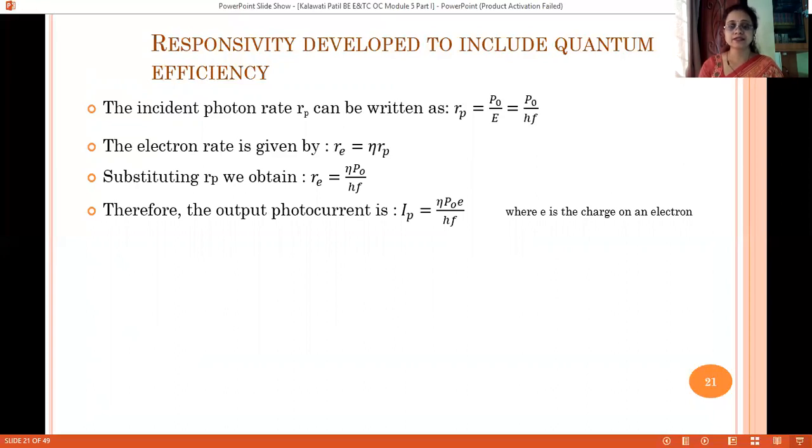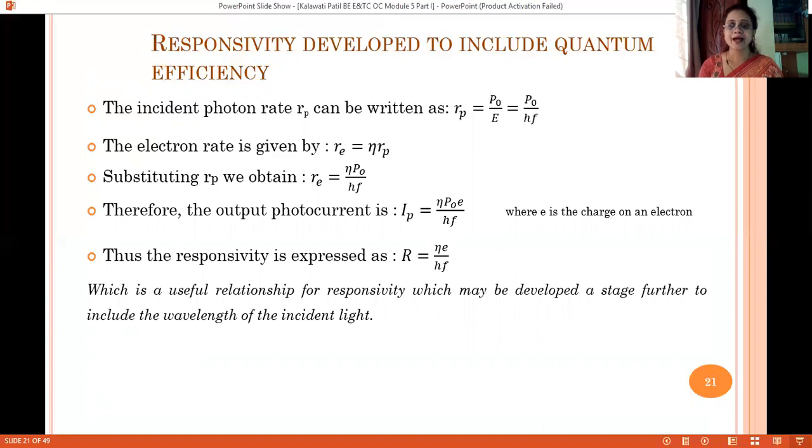By rearranging the terms in this equation, I can get a second expression for the responsivity, which is eta e upon hf. Students, remember this is a very useful relationship for responsivity because it relates all the parameters, that is, the operating frequency and the quantum efficiency.